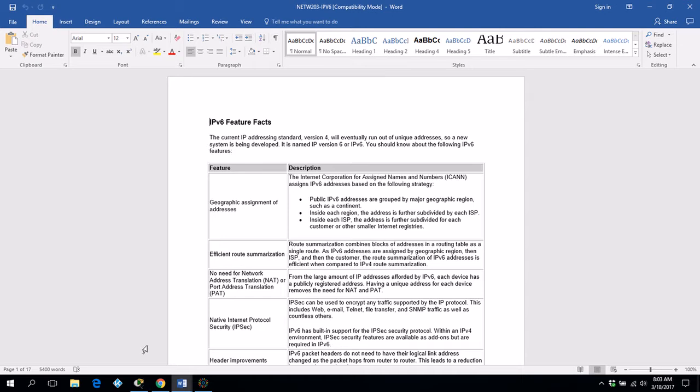As they were working to expand IPv4, they called it IPv5, and in the meantime, the IETF, I should say, the Internet Engineering Task Force,